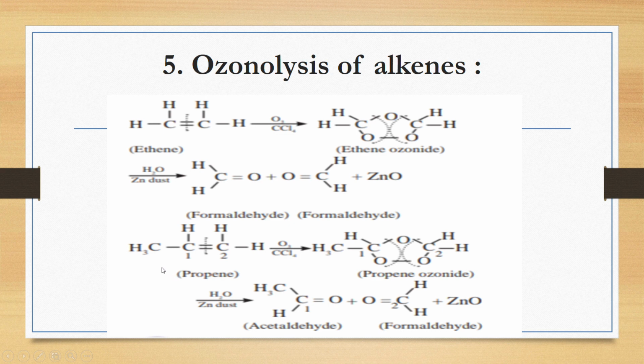Now the second example is ozonolysis of propene. This one is an unsymmetrical alkene. So let's see how different products may get formed during the ozonolysis. The reaction will remain the same. The O3 molecule will get added across the double bond in the same manner: between 2 carbon atoms we have added 1 oxygen, and then each carbon has taken up 1 oxygen. The ring formation will take place over here. It is called propene ozonide.